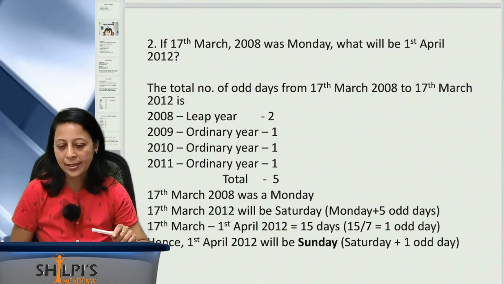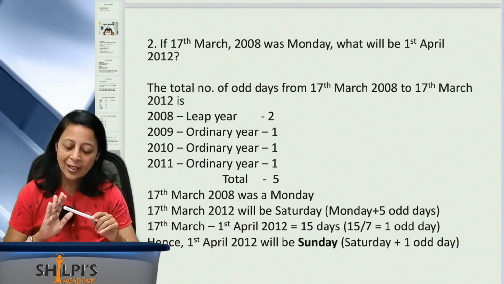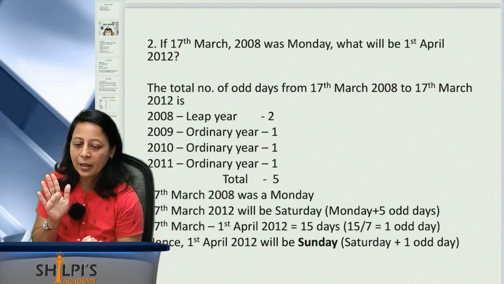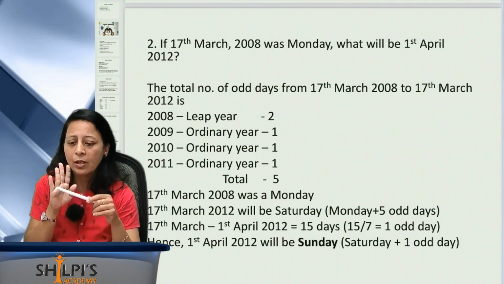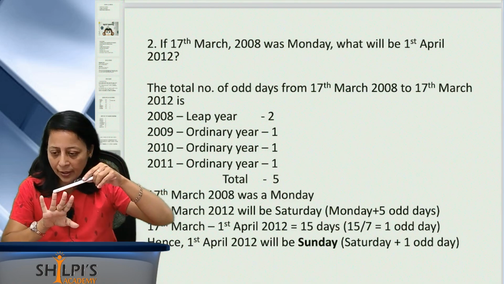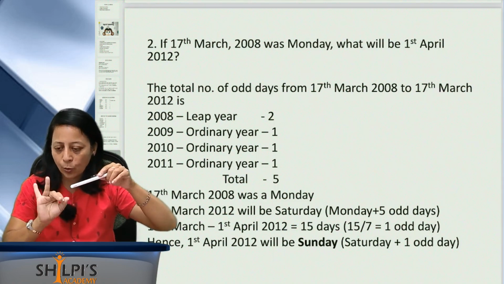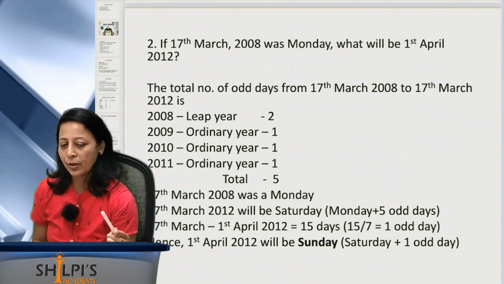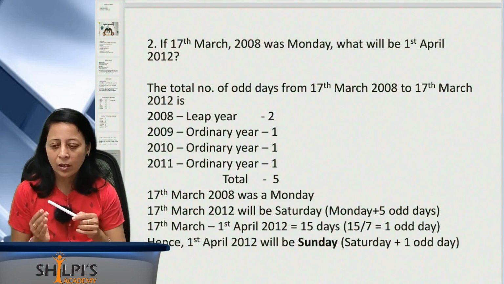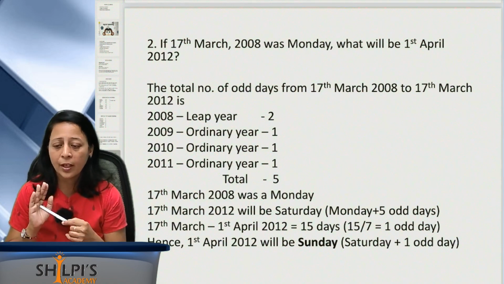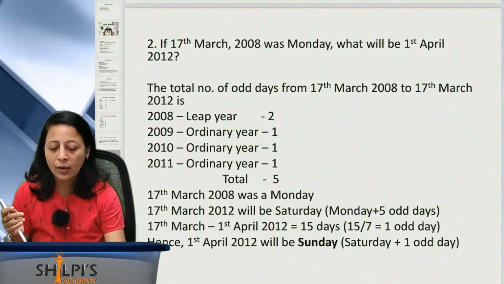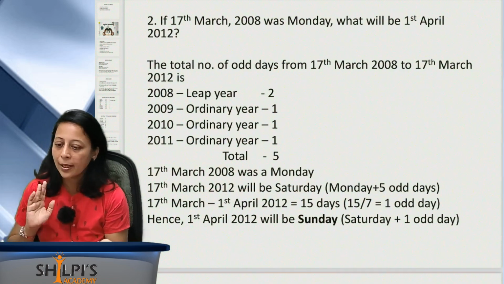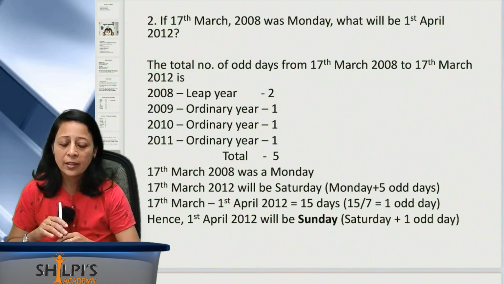Just for you to understand, I am explaining this. 17 to 18 is 1 day, 18 to 19 is 2 days, 19 to 20 and so on, and it will be 15 days till 1st of April. That's a long way of calculation. As I told you, for a simpler calculation, just include either 17th March or 1st of April, and you will get the days exactly. So here the number of days is 15.